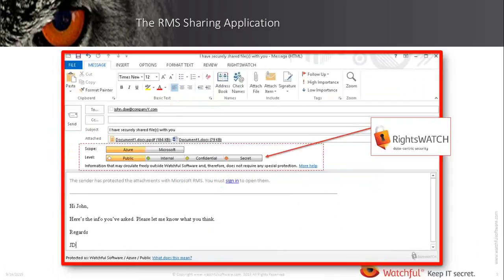The point here is that RightsWatch also enables you to classify the body of the email and not just the attachments that are automatically attached to it. So this is an example of a multi-level security model classification scheme that was decided to be applied by this company to its users. If you do all this, there's a fundamental dilemma that still remains, and that has to do with